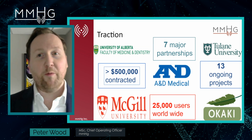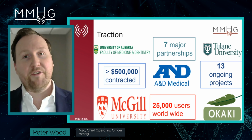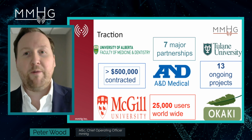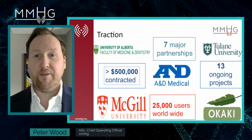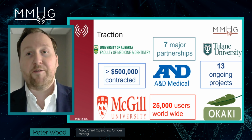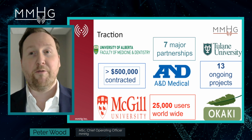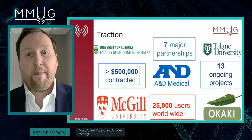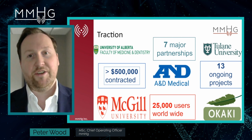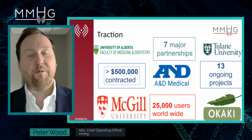Our team has been swamped with several high-profile partnership commitments of late. Unfortunately, many of them we cannot currently reveal publicly. However, we have established 7 major partnerships in 7 months, contracted over $500,000 in revenue, and have grown our app user base to 25,000 simply through organic growth. And we have recently finalized a strategic partnership with A&D Medical, a global blood pressure device manufacturer with offices in